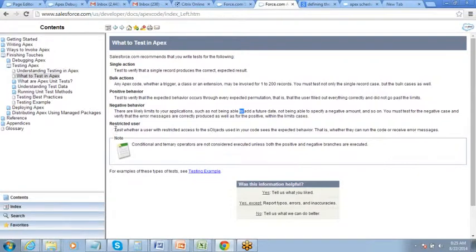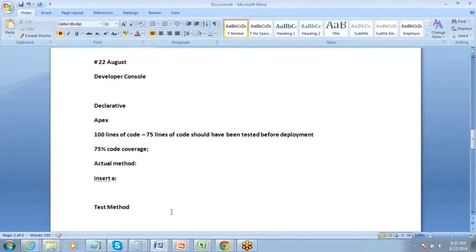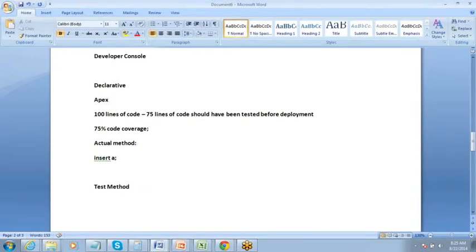And a restricted user. Okay, so in case some users are not allowed to insert the record, you might want to create a method and run as that particular user and test the code that way. Okay. So let's say Santosh is not allowed to enter record. He does not have create rights on his profile on the account, right? And I have written a class for inserting account, right?